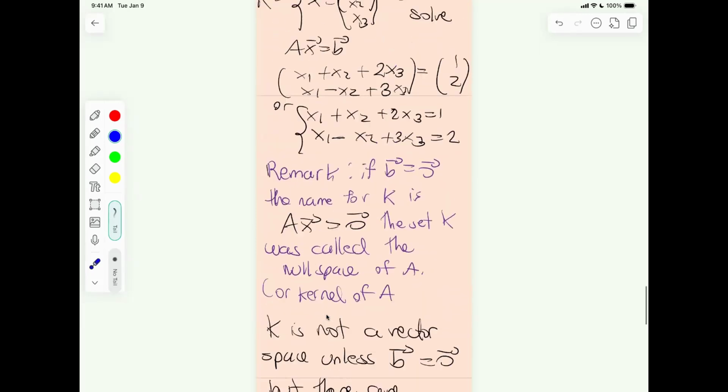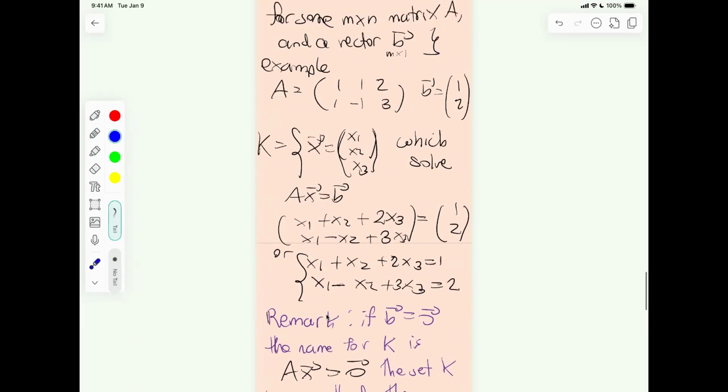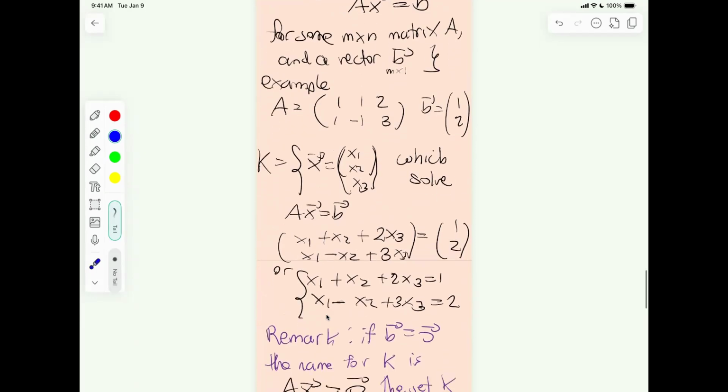Oh, because if you remember when you defined a set, there were all these problems where I give you a set, and you check whether it's a vector space or not. And to check that something is a vector space, you needed to check that the sum of two vectors is inside the space again. It's actually easy to see in this example. If you had two vectors here,